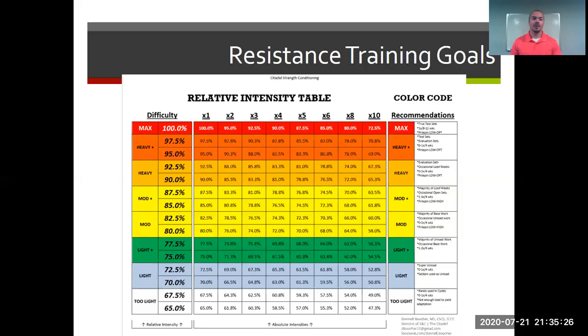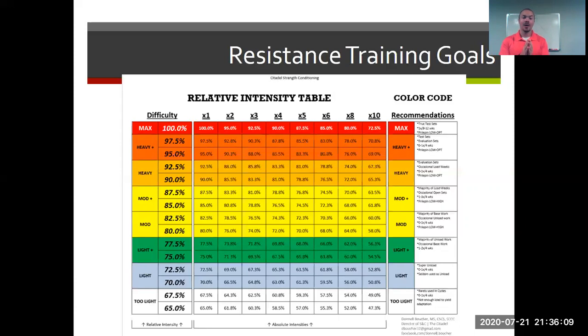So again, let's say we're a 100-pound bench press max athlete. That means for 1 rep, we can do 100 pounds. On that same exercise, the bench press, for 10 reps, we could probably do 72.5 pounds. And that 10th rep at 72.5 pounds would look excruciating and challenging, and it would be kind of a slow grinder, very similar to how 100 pounds for 1 rep looked on that bench press. We're going to talk a lot more about that,